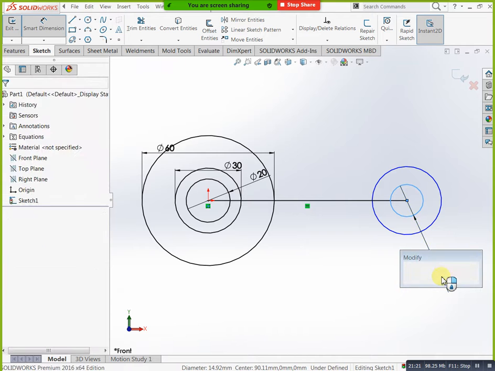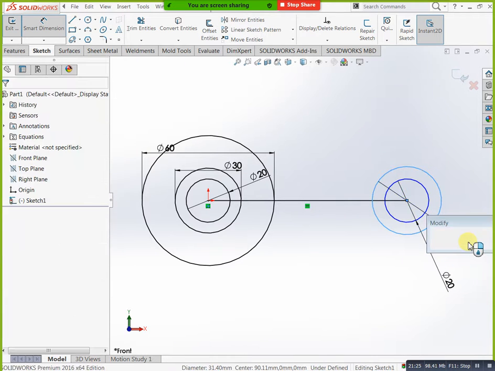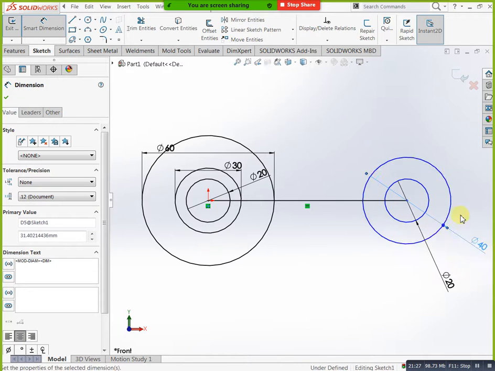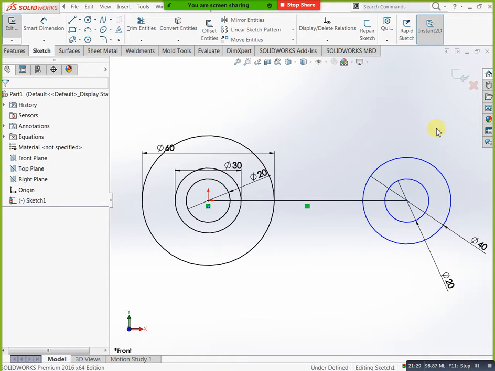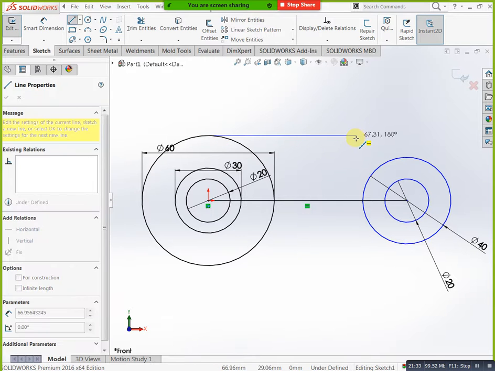At the same time you can mention dimension for this. How much? 66 I think, just you can check once. Okay, here to here we have only 60 up to here. Okay, you can mention 60.